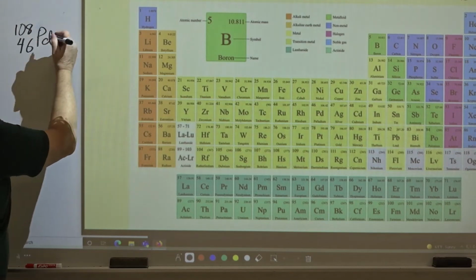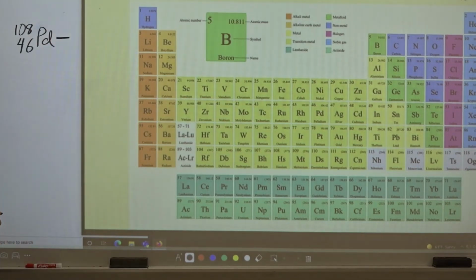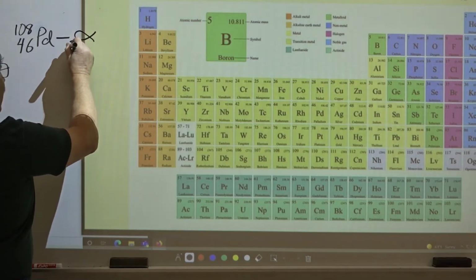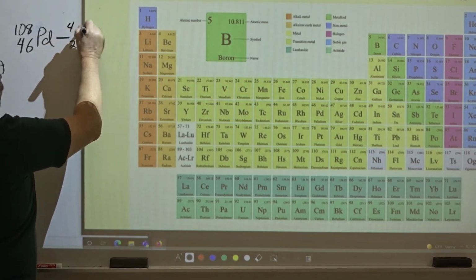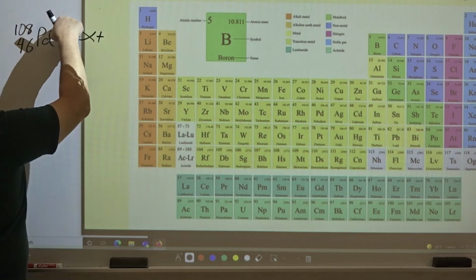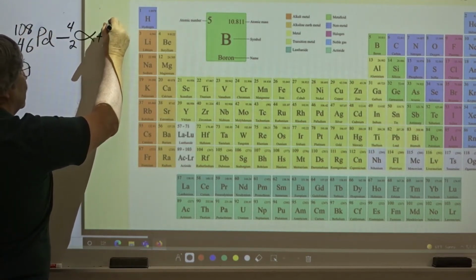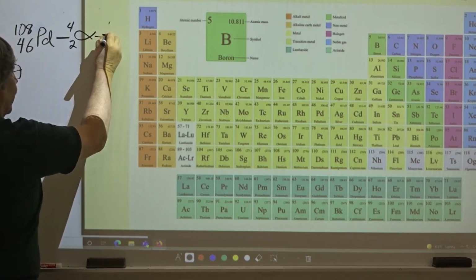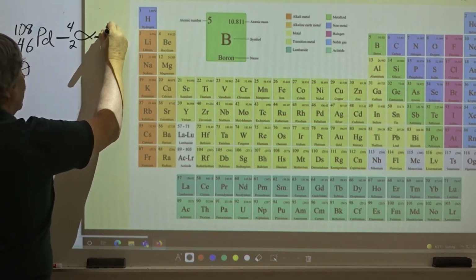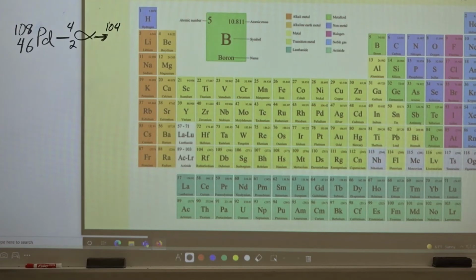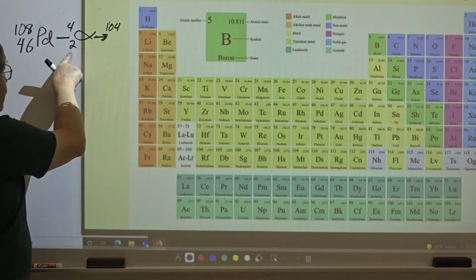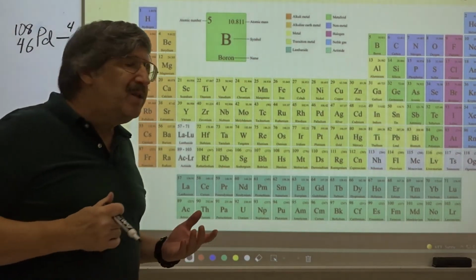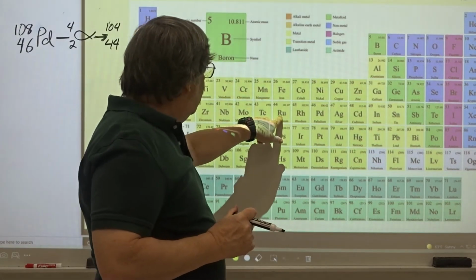Okay, we can do the same thing we did last time. We can say if we eject an alpha particle from palladium 108, it's going to have an atomic number of 2, an atomic mass number of 4, and that's going to leave us 108 minus 4 is, of course, oops, sorry, that should be an arrow there, or an equals sign. You can use either one. That will leave us with 104 total neutrons and protons in the nucleus. And if we take 46 and subtract 2, that of course is going to be 44. And notice again that we have changed the element. 44 gives us Ru, which is ruthenium,